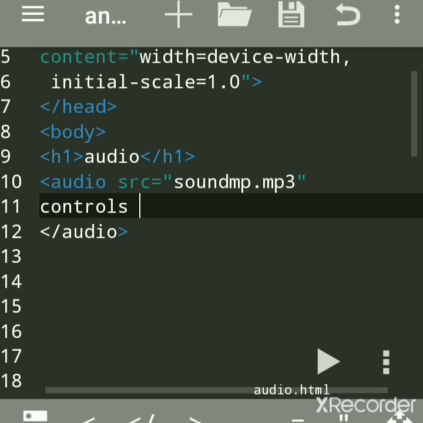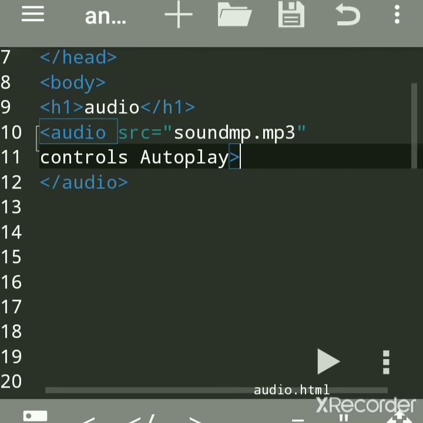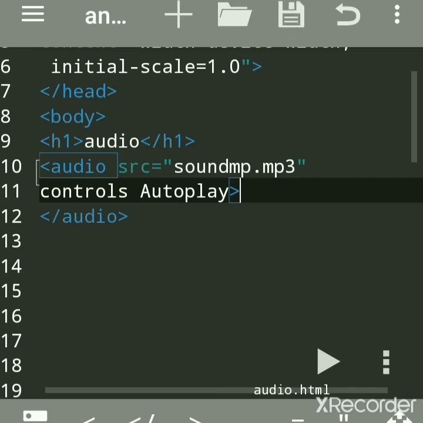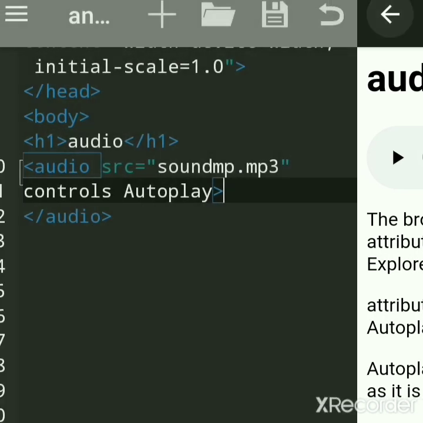And according to the question, the audio file should have autoplay. What do we mean by autoplay? It means as soon as the page gets loaded, the browser should play the file automatically. Autoplay is not supported in all browsers, so you have to see the list of browsers that support it. This preview will not play directly, so we'll run it in the browser.